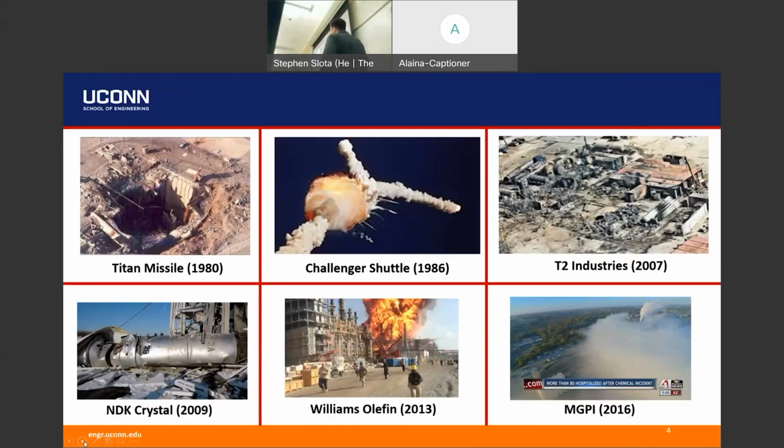And this is just a great example of how these things continue to happen, right? So Titan missile accident, Challenger shuttle accident. This is a big gasoline refinery explosion. This sort of kicked off the big thing in chemical engineering process. This is the point where the accreditation board said, you have to do something about this in a curricular sense because these things are happening way too often. So you can argue about how well we've done this, but at least now it is a required part of curriculum.